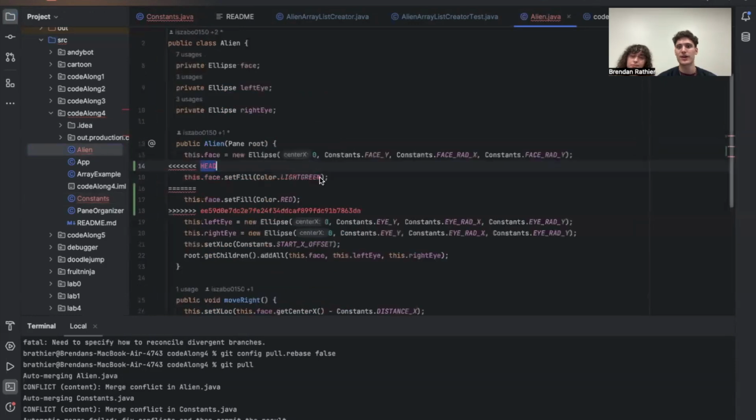So right at this point, you're probably wondering, okay, so now what do I do? It ultimately depends on what you want to do. This is the importance of talking with your partner and having a conversation and determining what you want to keep and what you want to delete. Because at this point, you can choose to either